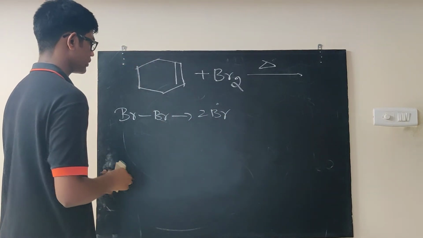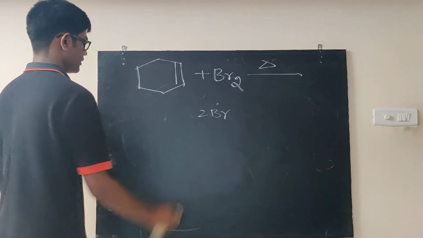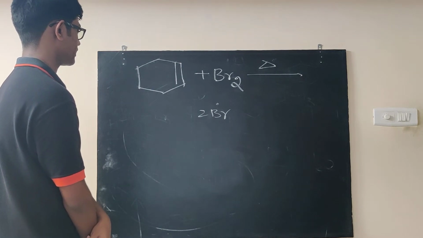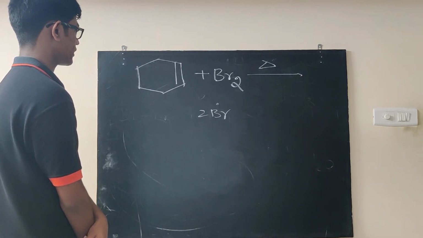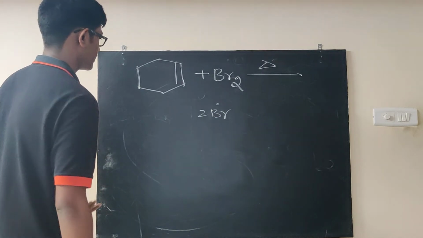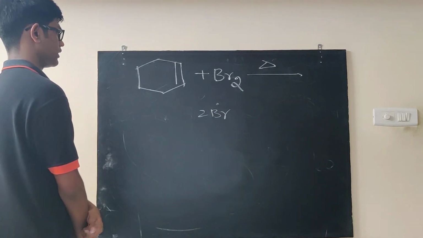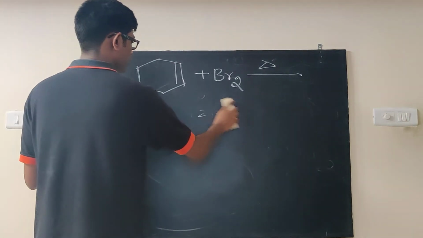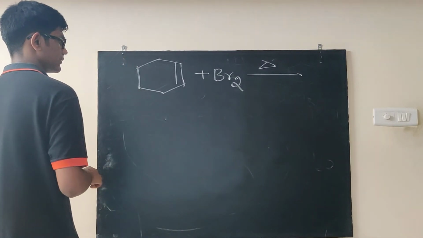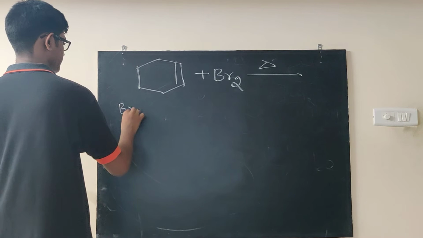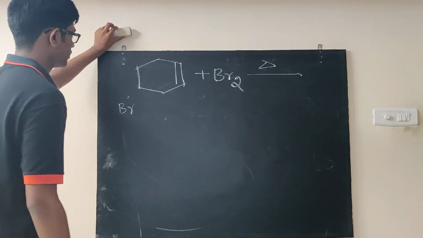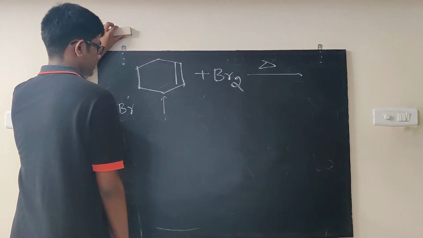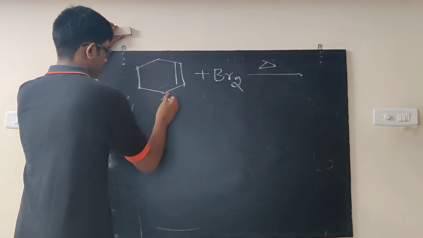And then what's going to happen is, you are going to see bromine is going to attack first, okay? And bromine is going to attack first in such a way that the free radical which is formed is formed at a place where it's more stable. Okay, so that's basically the rule behind this. So you're going to get Br dot, right? So if Br dot attacked here, for example, carbon and